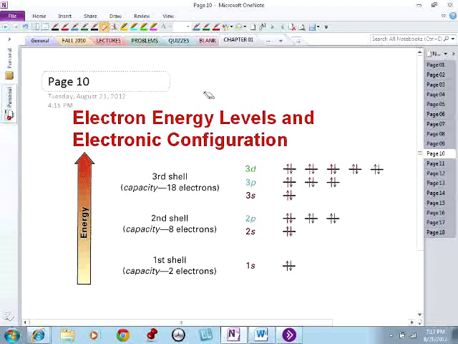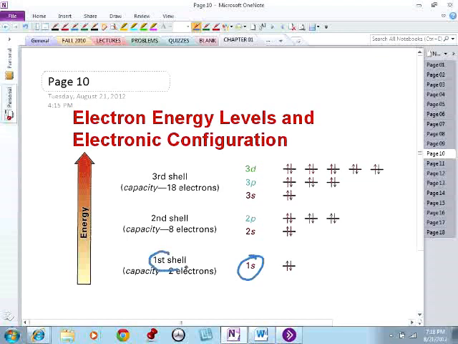So what we have here is the different energy levels for all of these orbitals. They have different energy levels. Of course, the s orbital is the lowest orbital,